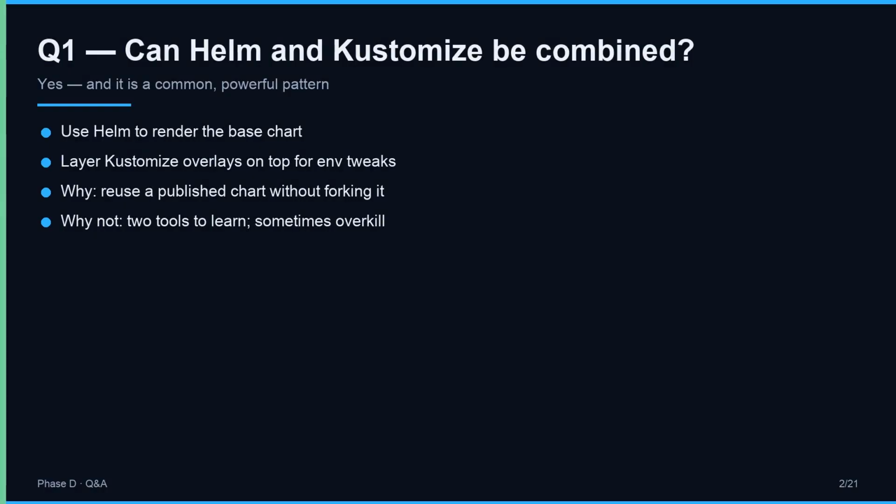First question, can you combine Helm and Kustomize? Yes. A very common pattern is to take an existing Helm chart, render it as your base, and then layer Kustomize overlays on top for your environment-specific tweaks. Why would you? Because you can reuse a published chart without forking or modifying it. Why would you not? Because you now have 2 tools to learn, and for a simple app that is often